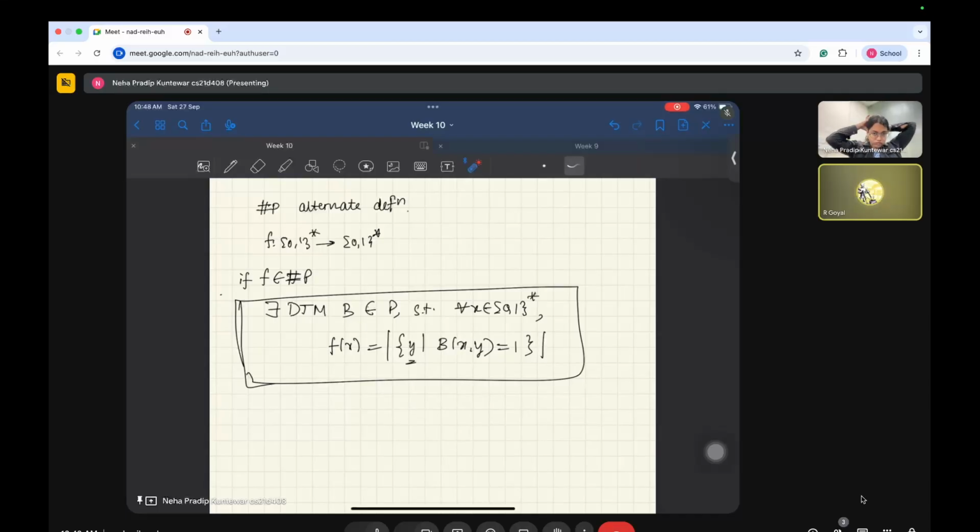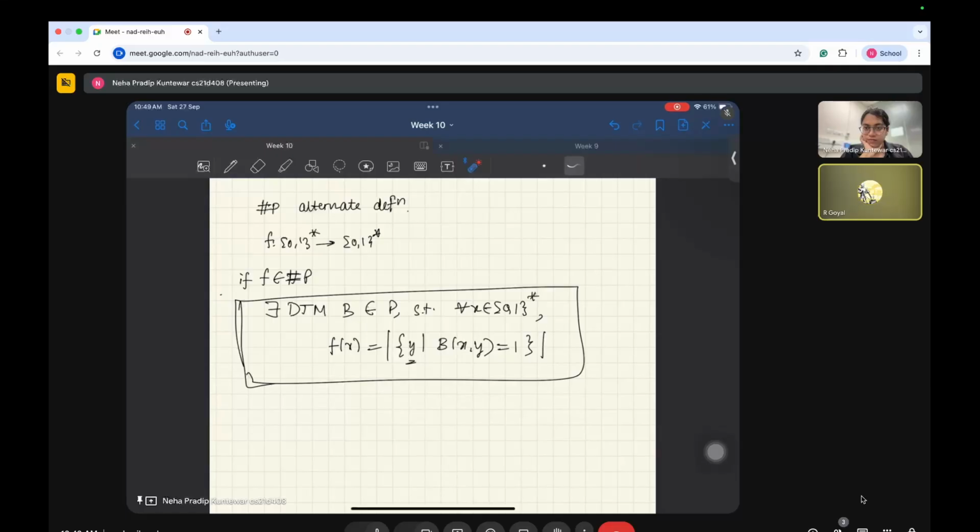For Y number of certificates, k many f of x many certificates. Yes, that's right. So probably there is some language issue in the difference between FNP and Sharp P, which